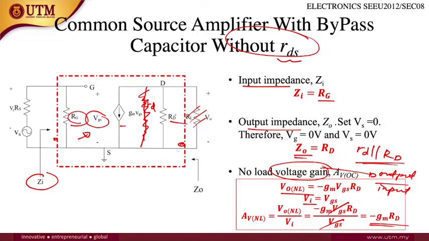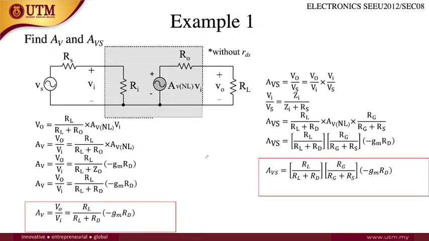Okay, so if each of these values is given, you can just replace them and get the value of voltage gain. All right, so let's look at this example. What they ask is to find AV, the voltage gain,